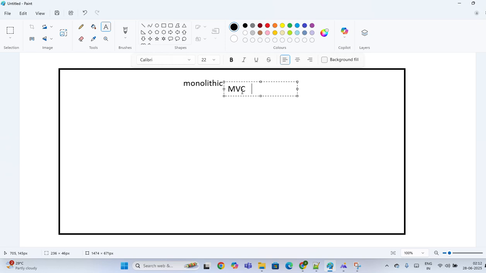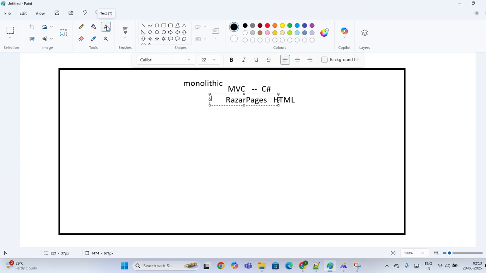MVC applications depend on Razor pages, like an HTML page. You are doing an MVC application, so what language? C sharp language. So the MVC workflow is completely